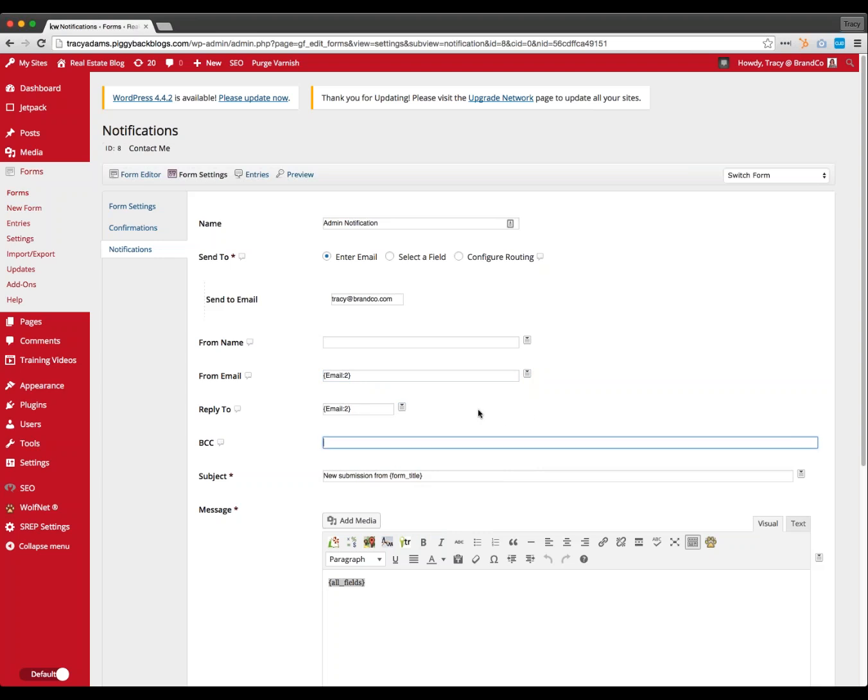If we have someone that we're working with that we want to make sure knows that we're getting this information, we could BCC them. That's a blind copy, which means that they wouldn't be included in the information that's sent to us. You could change this. Right now I would say new submission from contact us or contact me. Or you could change that and make it say